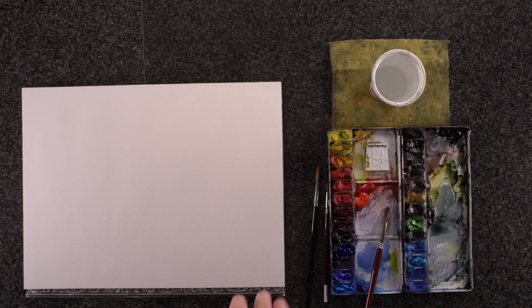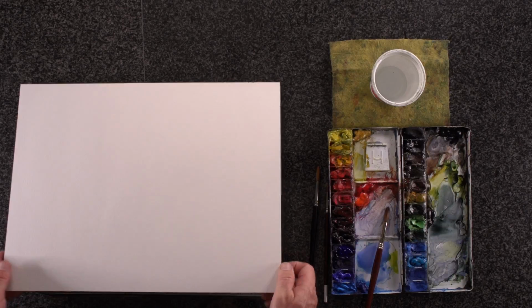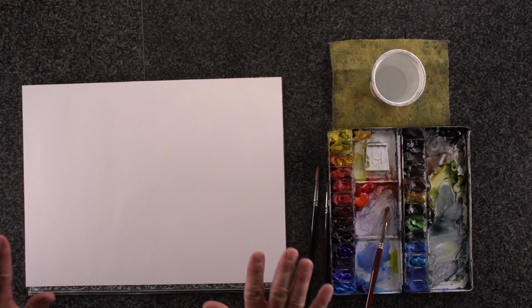So again, do your painting on the block, then you cut it off. If you have a single sheet of paper, you can usually tape that to a piece of masonite or a piece of wood. It'll do the same thing. The idea is you want to have your paper stable so that when you put the liquid on there, it